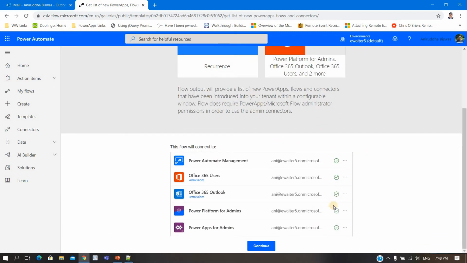I already have it configured, so I checked that all these connectors are already created in my tenant. But if you are doing it for the first time, then you can get a plus sign for all these things. You need a valid license, per user license maybe, and then you can configure it, because this is the premium license you need. Okay, I'm continuing.